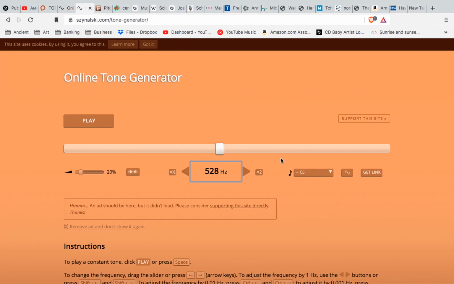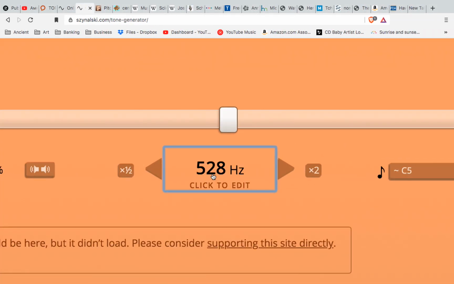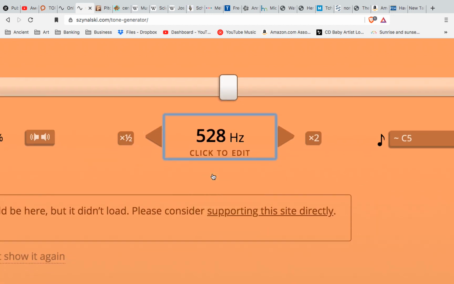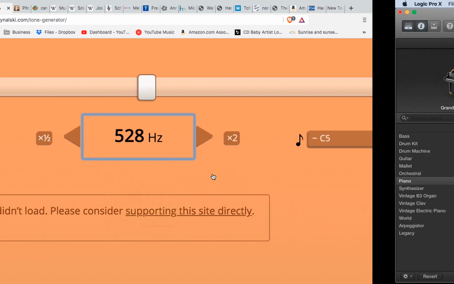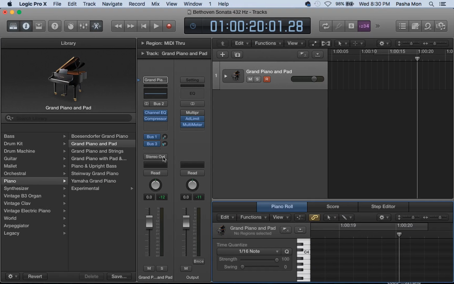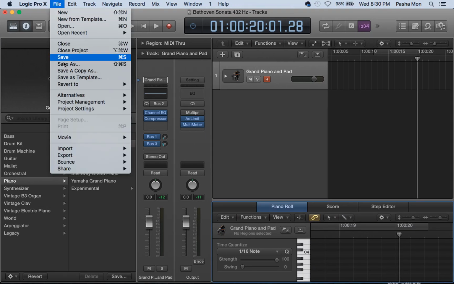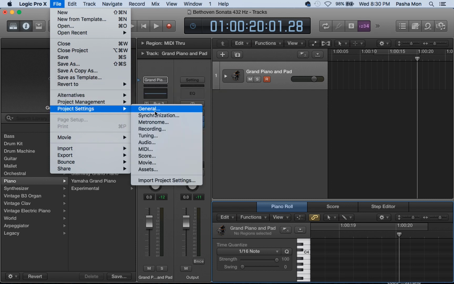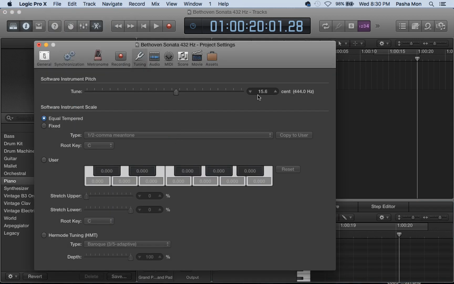Gonna do a tutorial, show you how to tune to 528 Hertz in Logic 10 or Logic Pro. So it's pretty easy. What you have to do is you go to File, you go to Project Settings, you go to Tuning, open that up. By default, it's gonna say 0 over here, but you want to put in 15.6 cents to get to 444